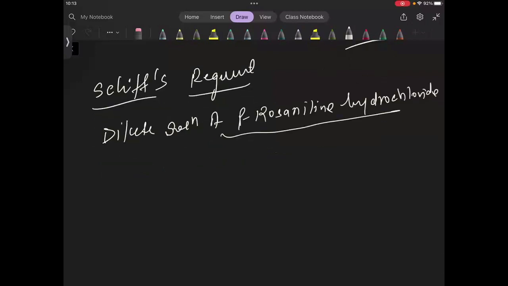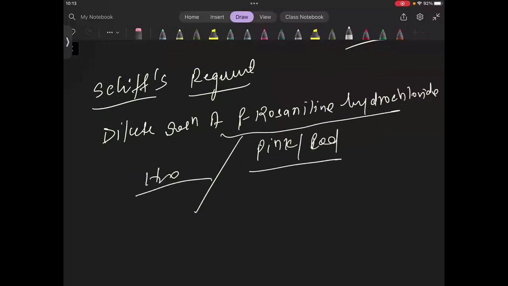Actually, the color is either pink or red. Right? Students, when this is dissolved either in water or in H2SO3,